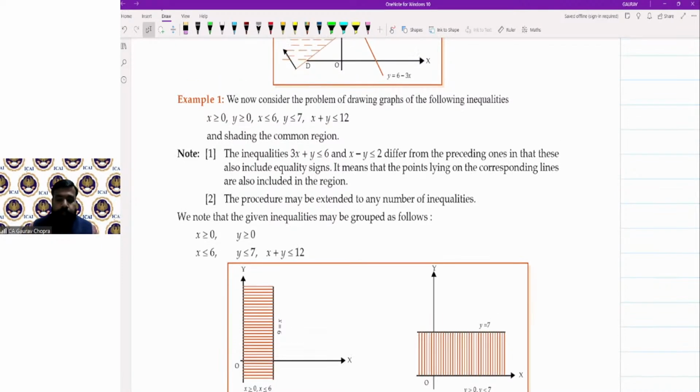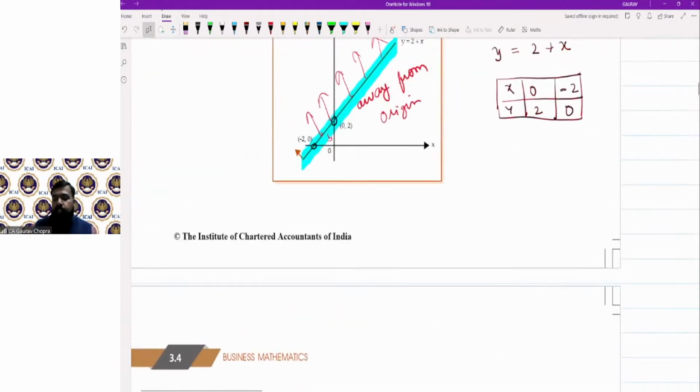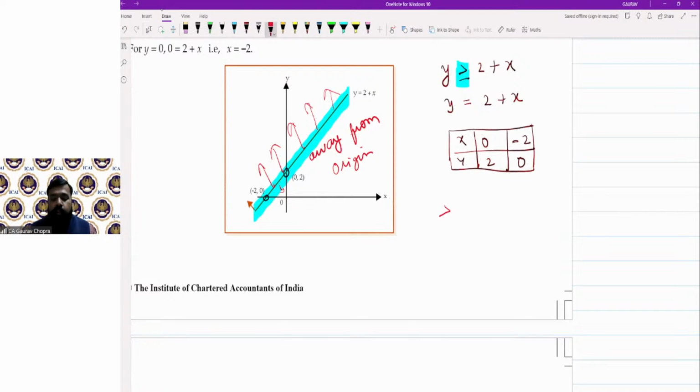Right. See, जब भी हमारे पास साइन आता है, ग्रेटर देन और ग्रेटर देन इक्वल टू, तो हमें मार्क अवे फ्रॉम ओरिजिन करना है। मतलब ओरिजिन की तरफ नहीं, उसके ऑपोजिट वाला एरिया मार्क करना है, ओरिजिन से दूर। But when it is less than and less than equal to, तो हमें टुवर्ड्स ओरिजिन वाला एरिया मार्क करना है, जो ओरिजिन की तरफ लेके हमें जाए।